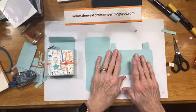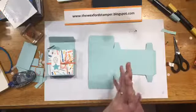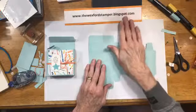Okay, so here is the template. I'll make sure I put a picture of that on my blog, and as soon as this live stream is over, I will put the information on my blog. My blog is